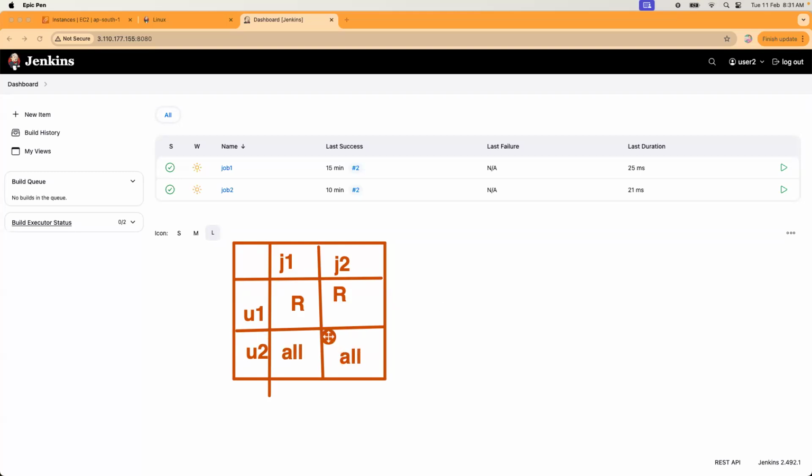Right? So this is what is matrix. A particular user has got the same permissions across all the jobs. What if we want a different kind of strategy? There could be different strategies implemented across different projects. Like